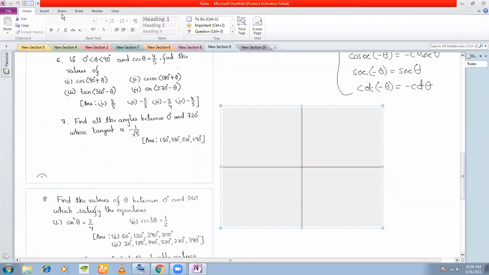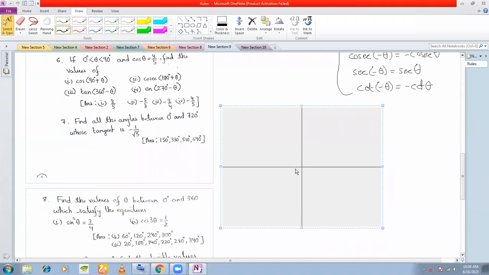So what we have here, sine of a negative angle or any negative angle, what does it mean? See, as I told you, anti-clockwise direction is taken as the positive direction, right? So this is the positive direction. In this direction, you only have plus theta. When you're talking about minus theta, you're actually talking about clockwise rotation. So this is minus theta.